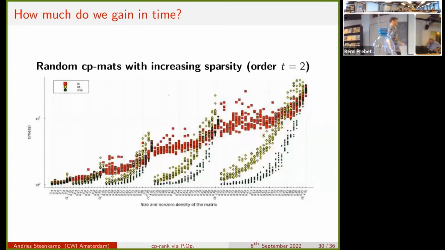Mm-hmm. All right. So now, there are multiple points per vertical line because even though non-zero density, you can have multiple graphs with the same non-zero density. So I didn't want to enumerate all graphs of certain sizes. I just did it by the numbers. You see the red takes longer than the sparse as we increase the size and starts breaking away. Yeah, this is a log plot, so log axis. We have more sparse and something called the weak sparse, which I'll elaborate if we have time. And the gap just widens as your matrix increases and your sparsity is there to exploit.